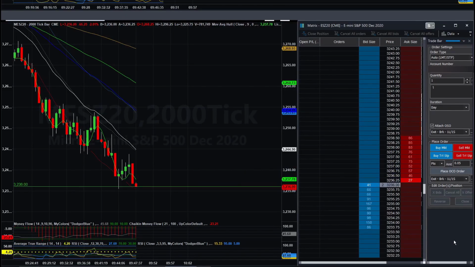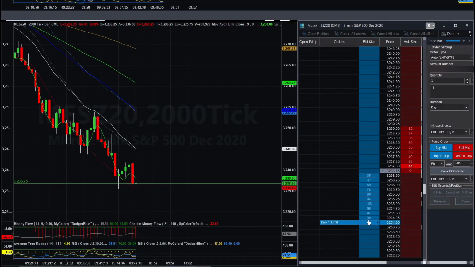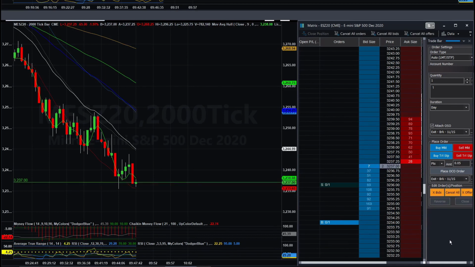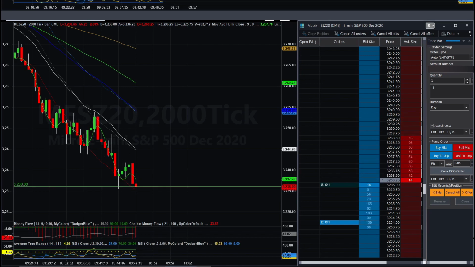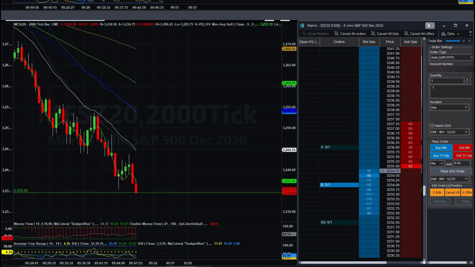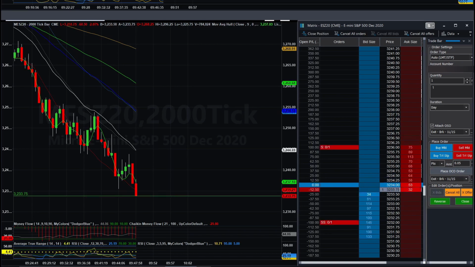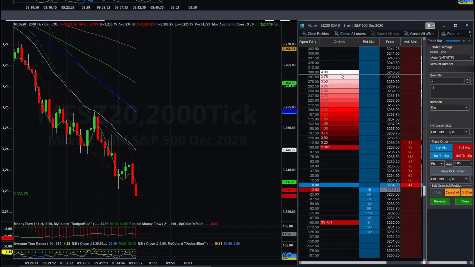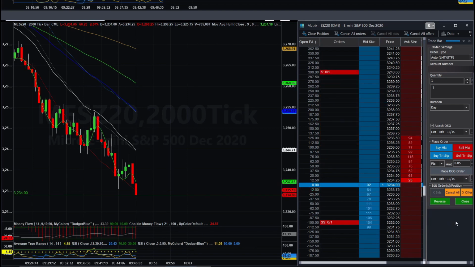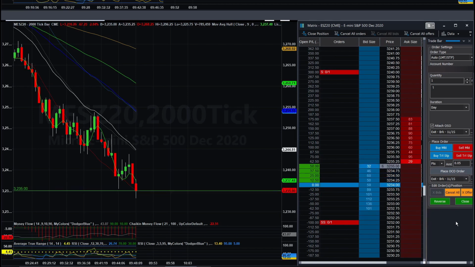Here I am trading the E-mini S&P 500 futures. I placed an order here, and unfortunately I couldn't draw the channel there, but there's a downtrend channel that goes almost parallel to that wide moving average there, and I placed my order there already, and I filled my order there at